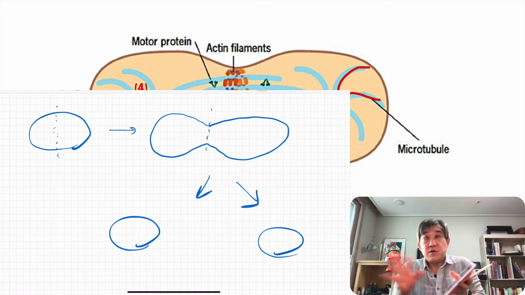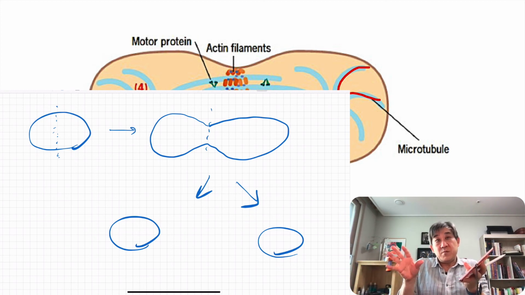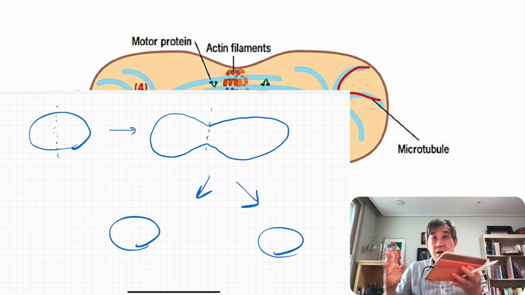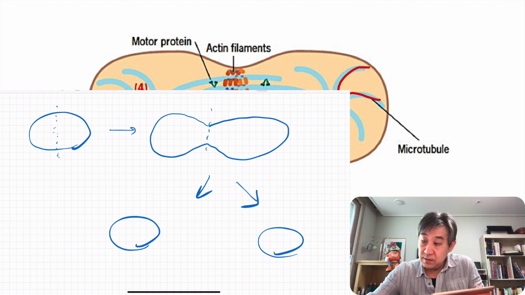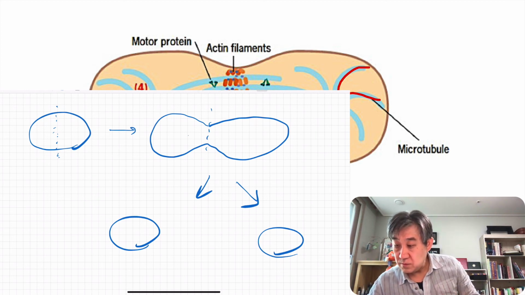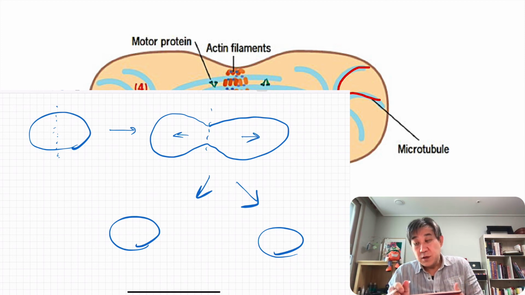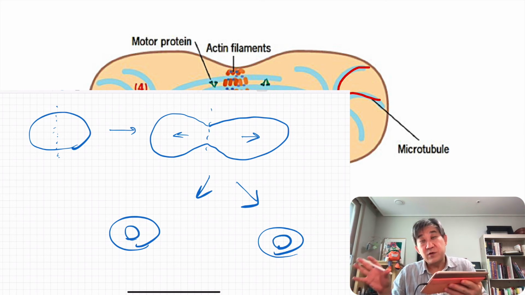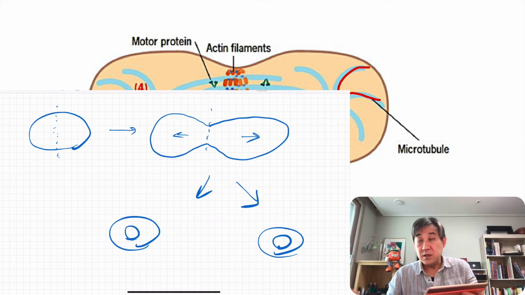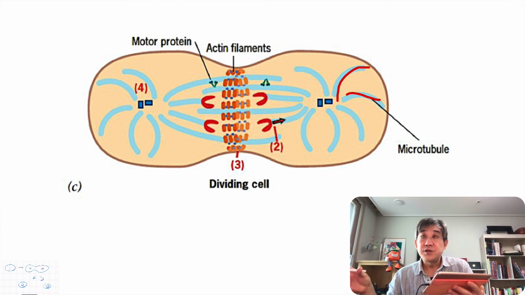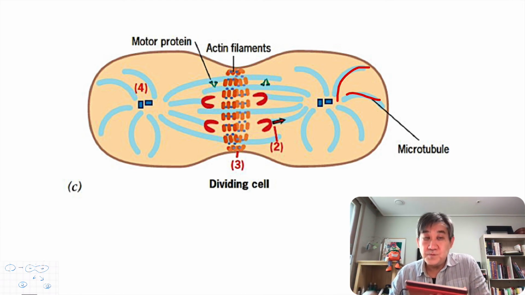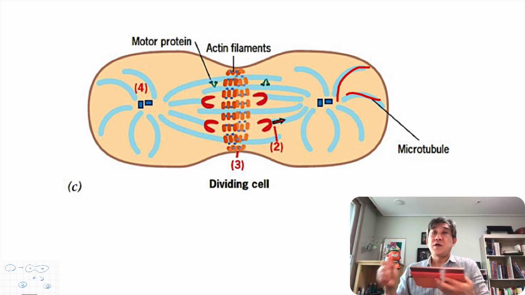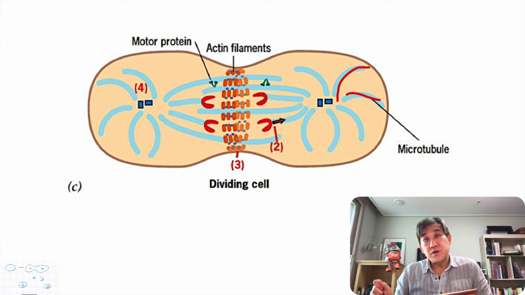So half the amount of your entire genome must go into one end, and another set of chromosomes has to go into the other, so that they both end up with the same amount and the same kind of chromosomes in each new daughter cell. How do you accomplish this exact separation of each chromosome?